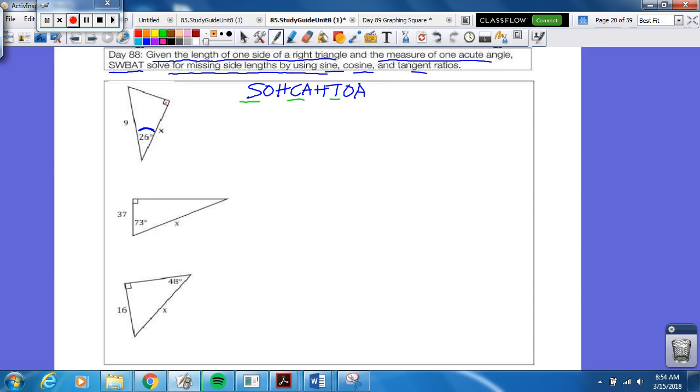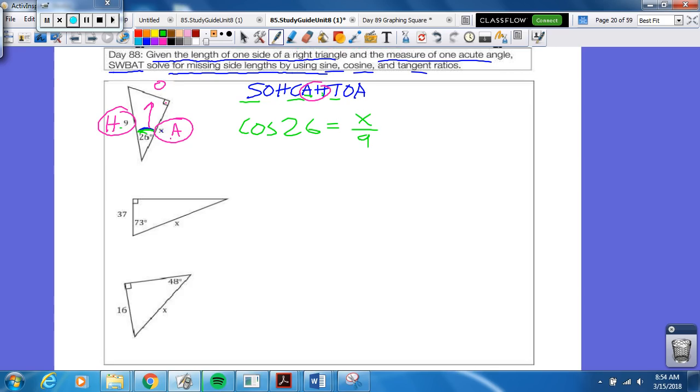Well, opposite the 90 degrees, this is the hypotenuse. And then opposite the acute angle, this is the opposite. And then this is the adjacent here. So where is the stuff? Well, it's right by the adjacent, and it's right by the hypotenuse. So adjacent and hypotenuse right here is telling me I need to use cosine. Okay, so the cosine of 26, so that's 26 degrees, is the adjacent, so that's x, over the hypotenuse, which